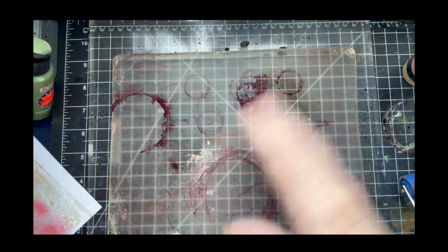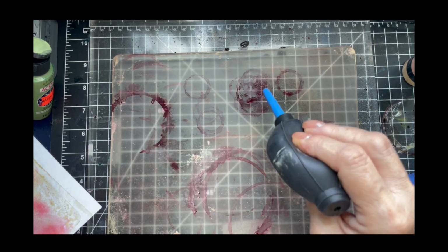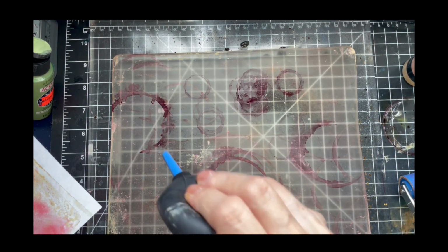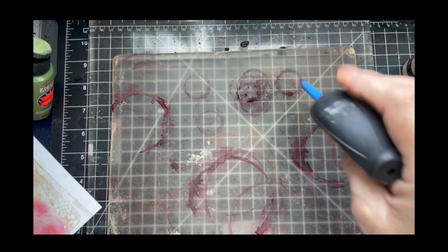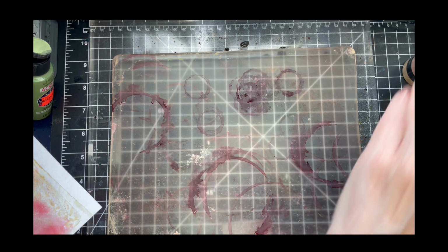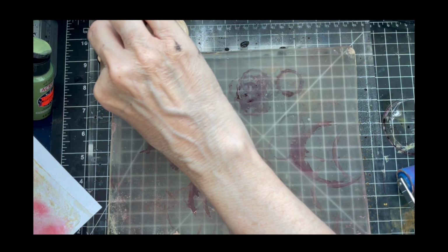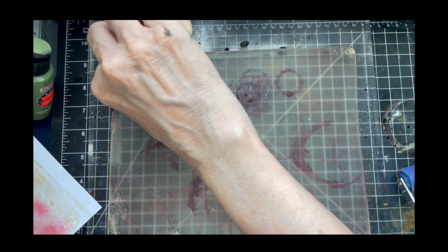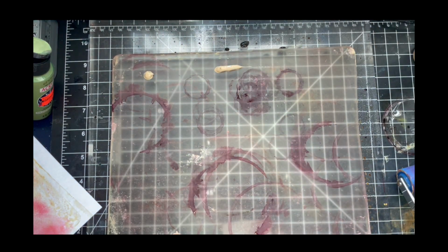Okay, now I'm going to let this dry a little bit. Now I'm going to try and put just a little bit of this buff color. Come on. I don't want too much on there, so